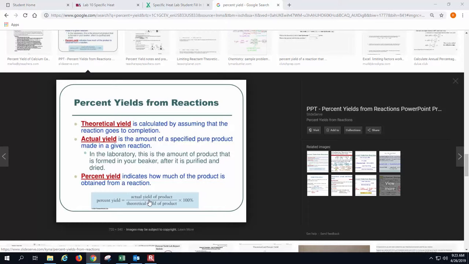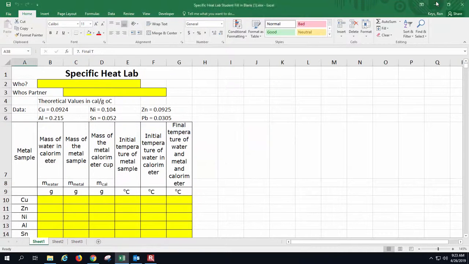So what's the percent yield? It is the actual yield divided by theoretical times 100%. So for example, if we do this calculation here,